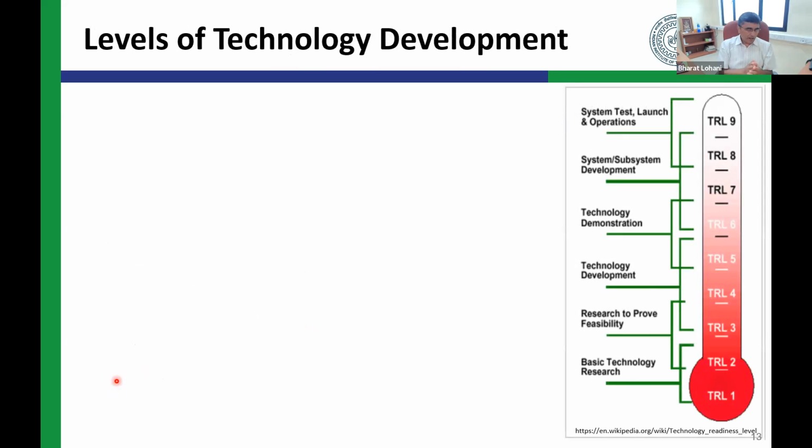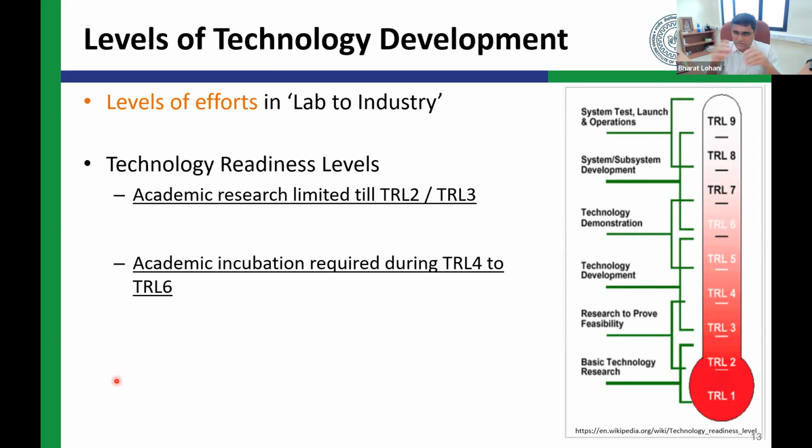Now, one more thing here, related to our academic research and what level of effort we need to put in so that we can take it to the market. We are aware of this term, the technology readiness level. The academic research that we do is limited to TRL 2 and 3. So basically, we are doing basic research and trying to prove the feasibility of our algorithms and our tool. Academic research generally goes up to this end. At the end of it, we write a research paper and move to another research.